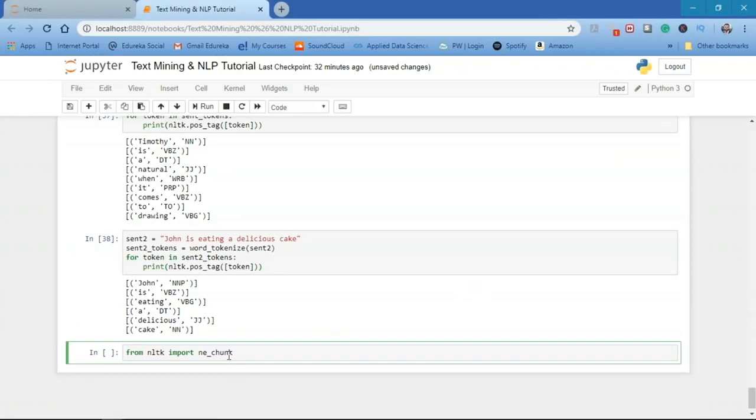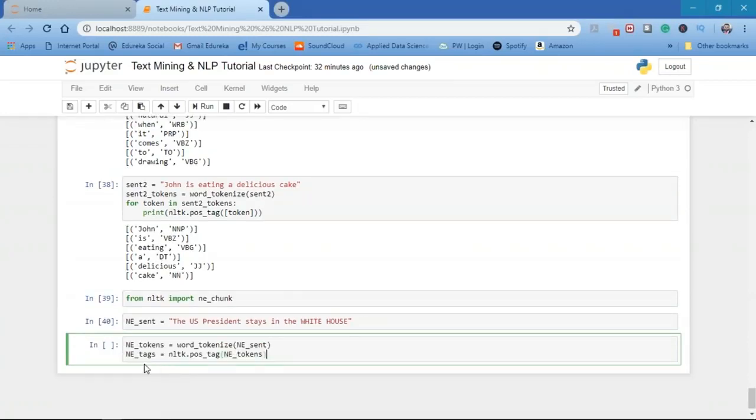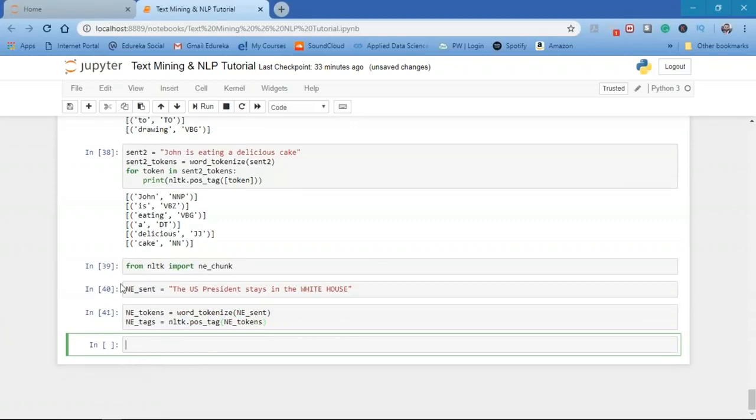So first we need to import the NE_chunk here. Let's consider the sentence: the US president stays in the White House. So we need to do all these processes again. We need to tokenize the sentence first and then add the POS tags. And then we use the NE_chunk function and pass the list of tuples containing POS tags to it, let's